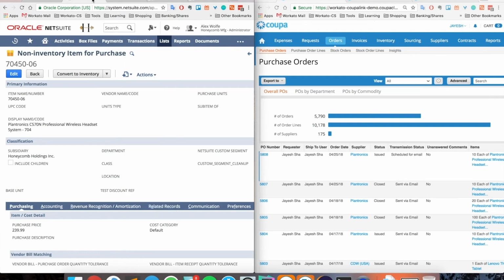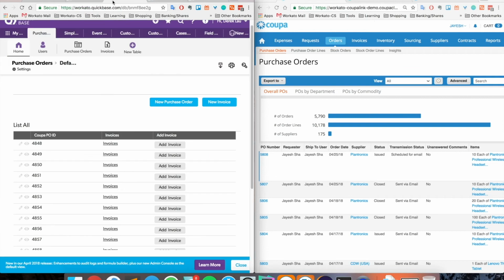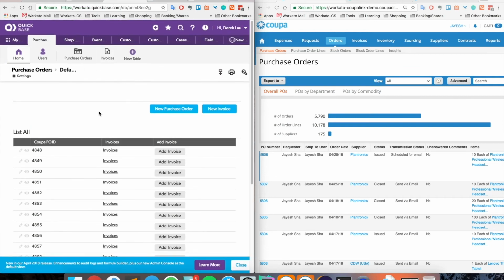So all right, as described in our workflow earlier, when you create a PO in Coupa, this PO will be pushed into NetSuite, and it will also be pushed into Quickbase, which is what the supplier uses to keep track of his purchase orders and to also issue invoices. So if we go into Quickbase and we open up the purchase orders app that we have, and we do a quick refresh,